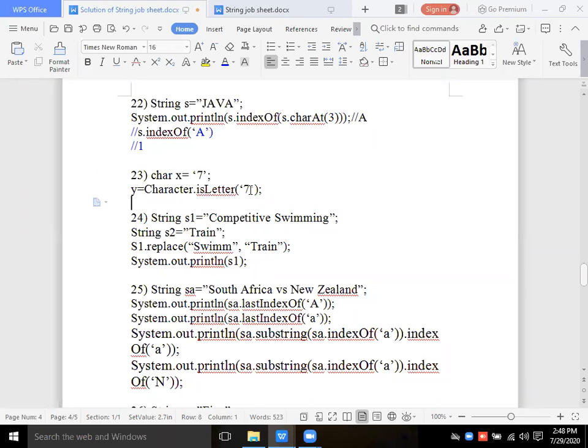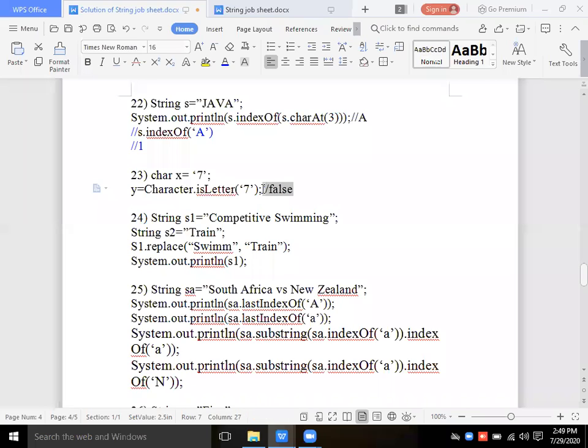But 7 is a letter or a digit? It is a digit. So isLetter is the method going to check whether the given character is a letter or a digit. It will return true if the given character is a letter. So it is not a letter, no. So it's going to return false.